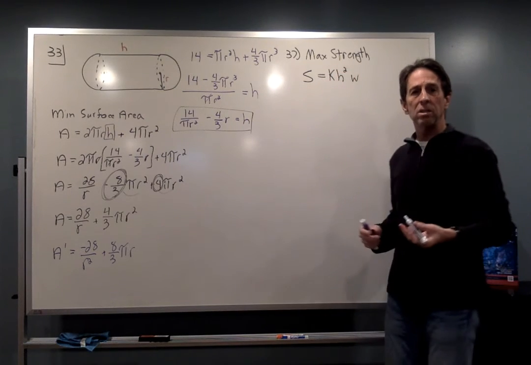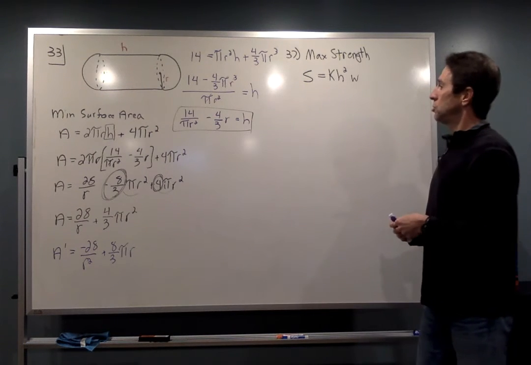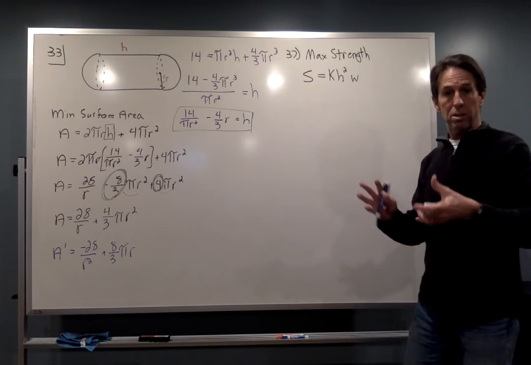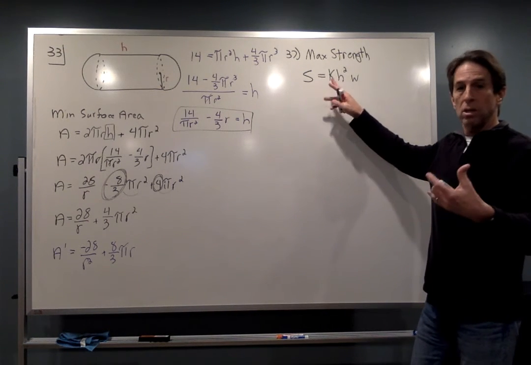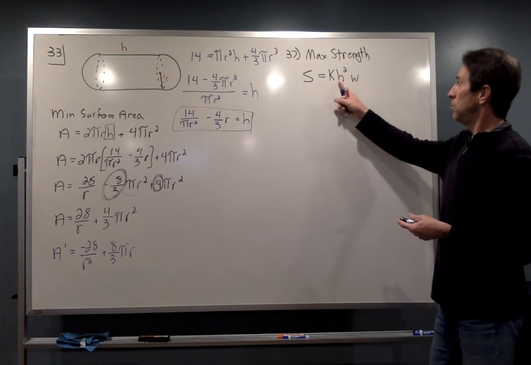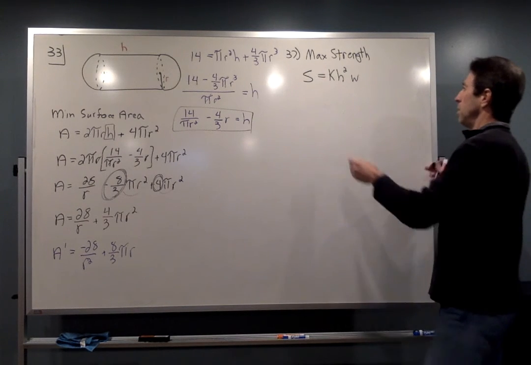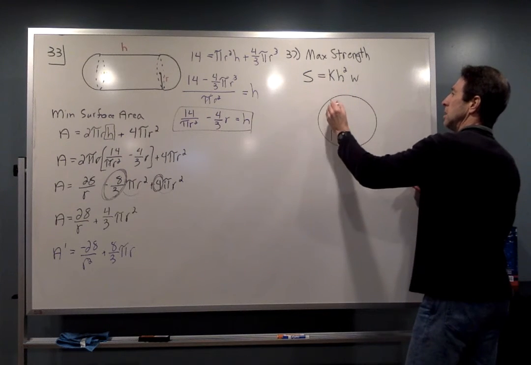K is just a constant of proportionality because it has something to do with how strong the beam is going to be based on its dimensions. So that's a constant. We don't have to worry about that in differentiation or any type of the calculations. Again, we have two variables. We don't want it. But then we notice our cross-section picture in the text is that we